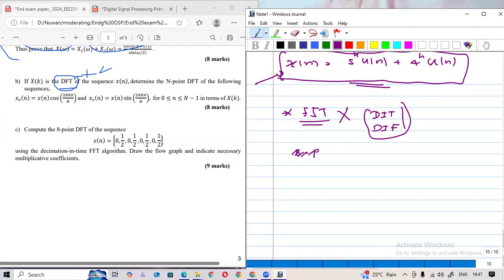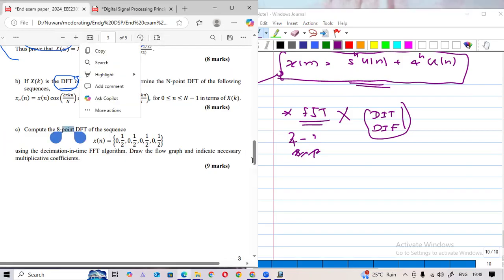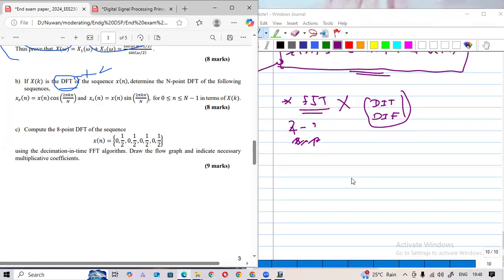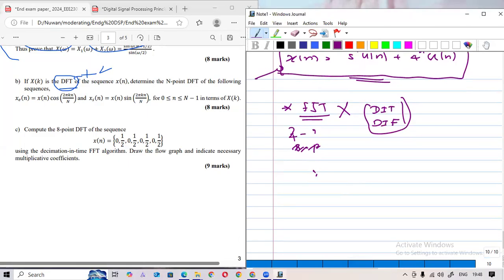It is not 8-point, because if it is 8-point, you have to do much calculation. So you will be asked around 4 points, 3 points DFT like this. Anyway, if you want to recap, if I take this question, to calculate the 8-point DFT, no problem. You know the identity, X[k] is equal to